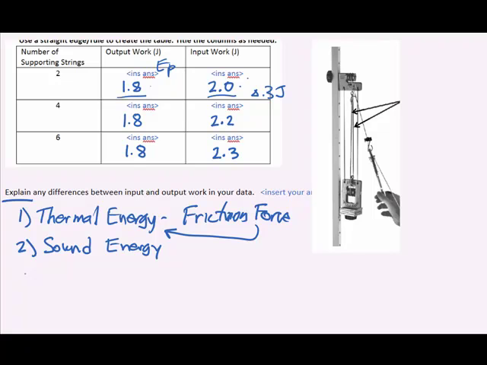Another place, and that is, most of you who did your measurements carefully, you found that as you stretched the string or pulled the string, you had to pull more than what was required to raise the block. For example, if I want to raise this 20 centimeters, if I had 6 strings, each string gets 20 centimeters shorter. So 6 times the 20 centimeters, I would expect I'd have to pull my string 120 centimeters. Those who were doing careful measurements, I noticed a lot of people were around 1.22